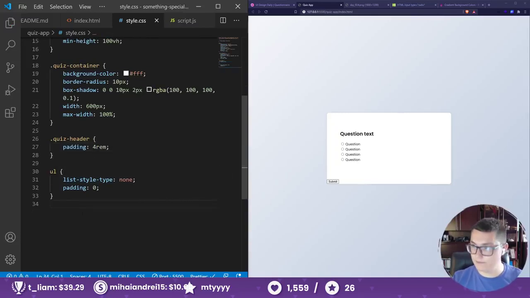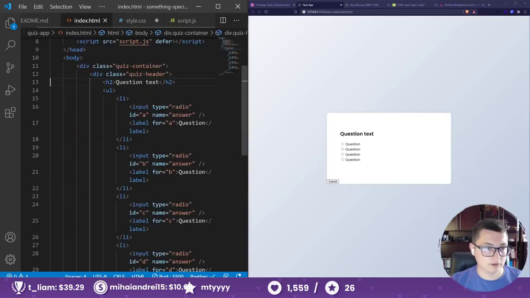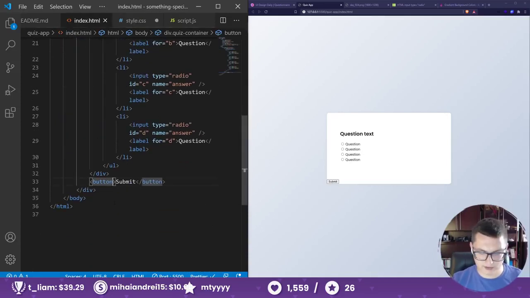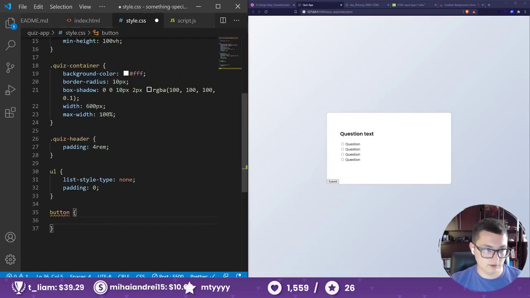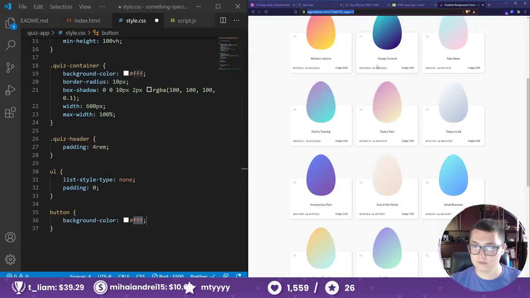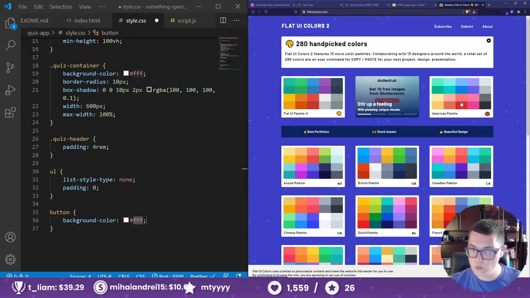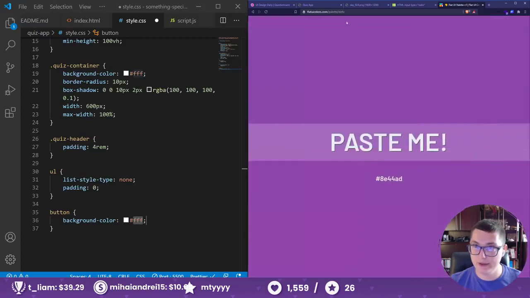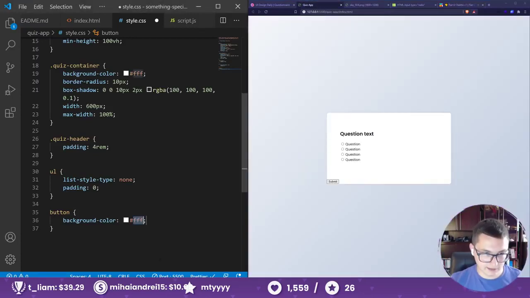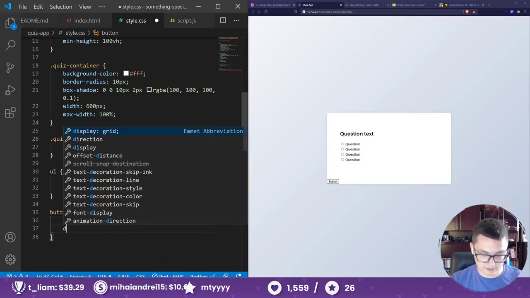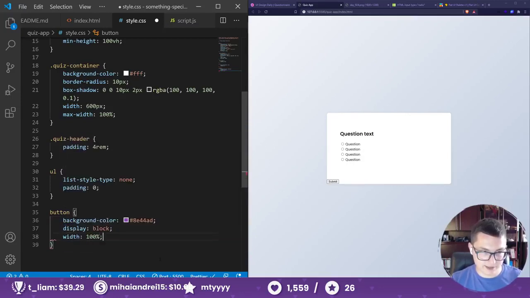Okay. And let's do the button. We want button. Maybe we should add a class or something. Background color. I want a flat UI color. A nice blue or purple. Let's make it purple. So I want this to be like that. I want display block, width 100%, padding 2 rem,